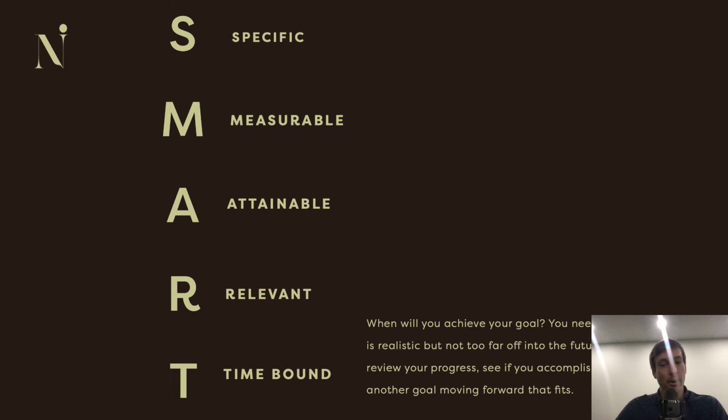If you have no endpoint, then there's really no way to fully achieve your goal because there's no time when you know if you've achieved it or not. The idea is the longer the time frame, the more likely you are to set a habit. So after you've accomplished this 8-week period, you've achieved your goal. After that point, hopefully you're in enough of a habit, you've changed your behavior enough that you can start walking without having this goal driving you to do it. Hopefully this goal has led to changes in your behavior that are long lasting.